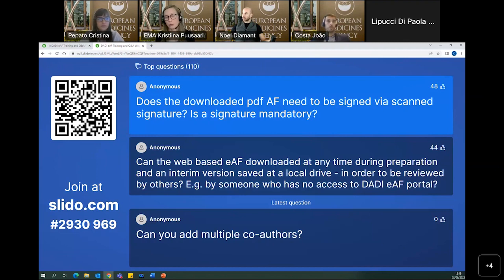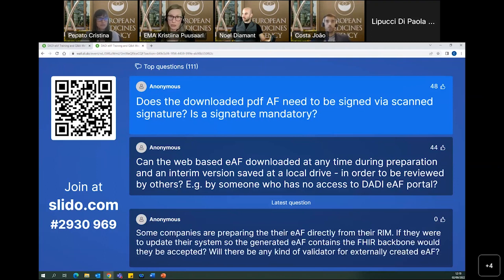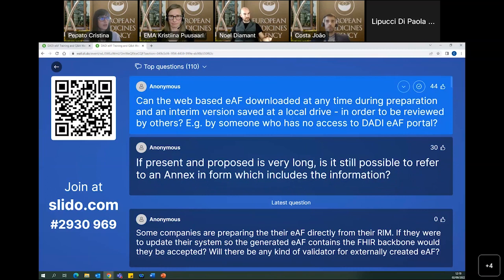You should also be able to sign it using a real digital signature. However, we don't foresee mandatory signature requirements. We will of course be providing more information with regards to signing of the forms before the go live, but this is not anticipated. Thank you.